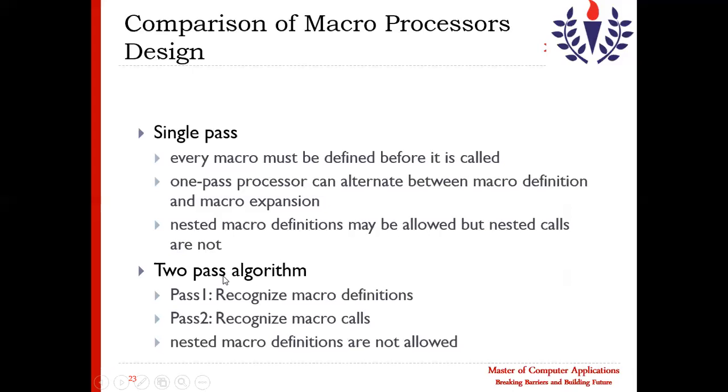Now in two pass, we will perform two passes. The first pass will be used to recognize the macro definition, like we have done in single pass using the define procedure. Then recognize the macro call. Nested macro definitions are not allowed in the two pass algorithm.